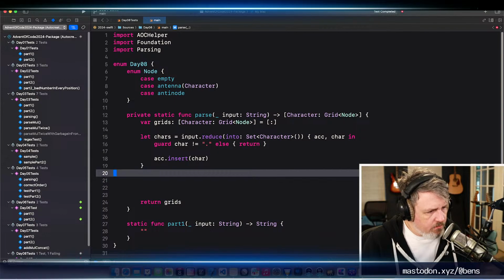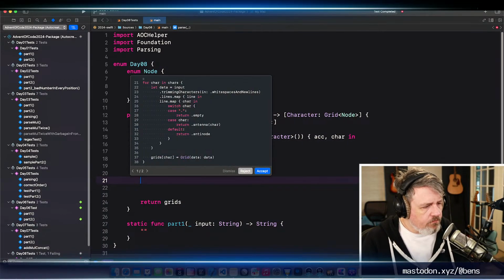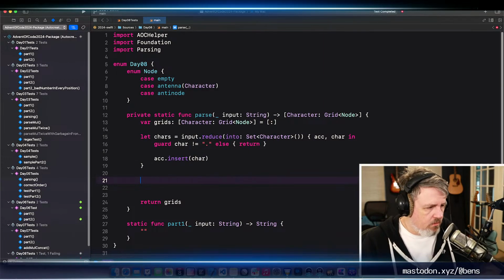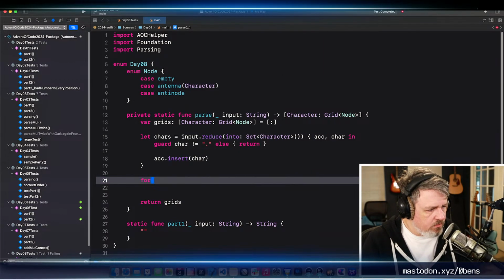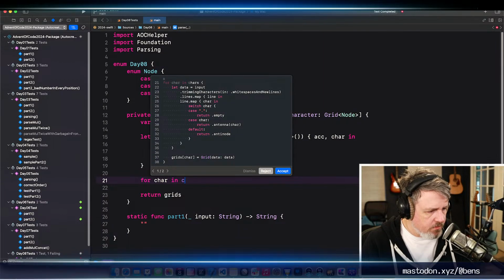Okay, so now we have this. We can now create a grid for each one. Let's see, for char in chars.